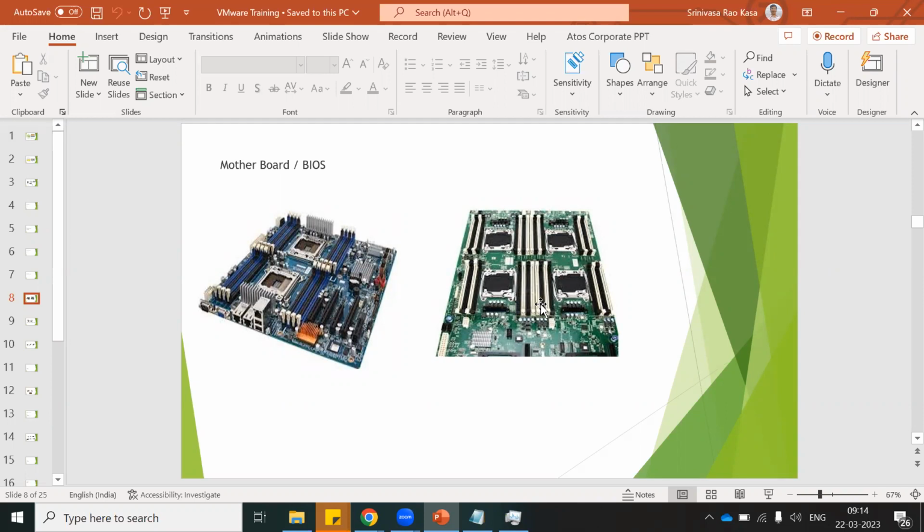So, the desktop motherboard versus the server motherboard. Different types of motherboard. What we need to understand by looking at this motherboard is, what is a processor socket? What is a socket where we are going to install the processor, where we are going to install the memory? So based on this processor and memory capacity, we are going to choose the hardware, what hardware I need to choose. Okay. So even desktop versus server motherboard, if you go to Google,